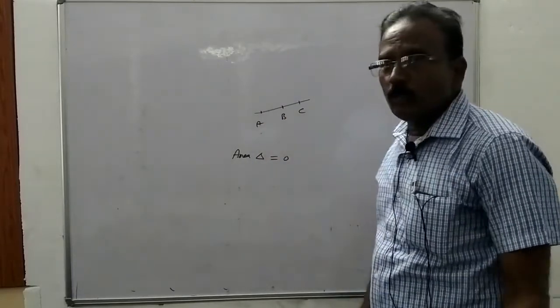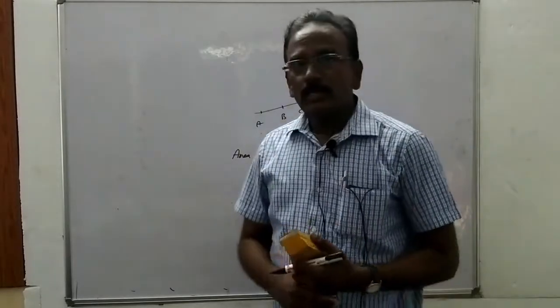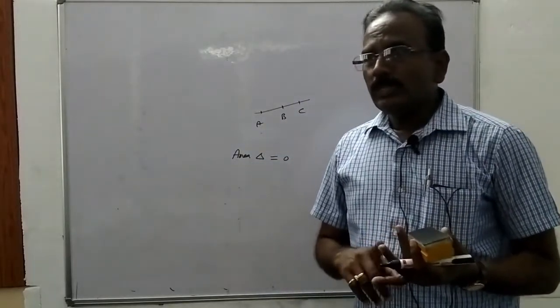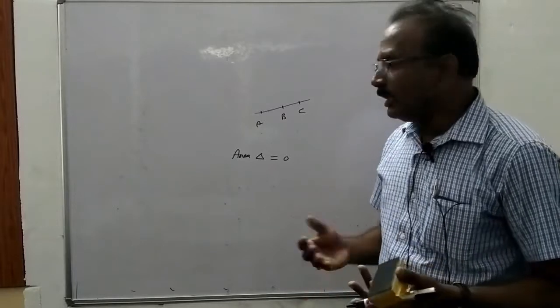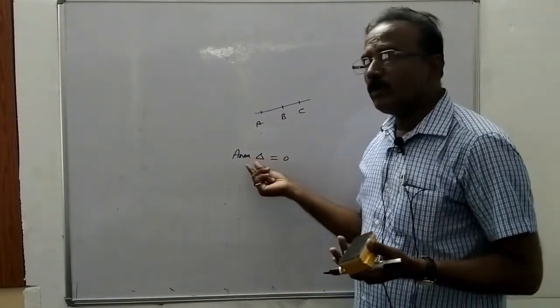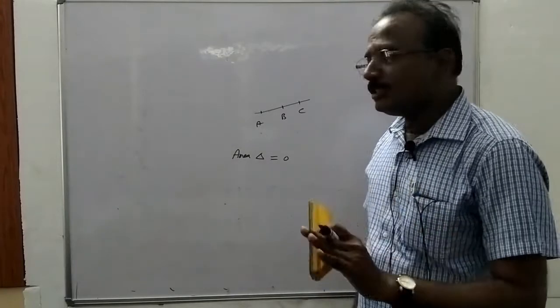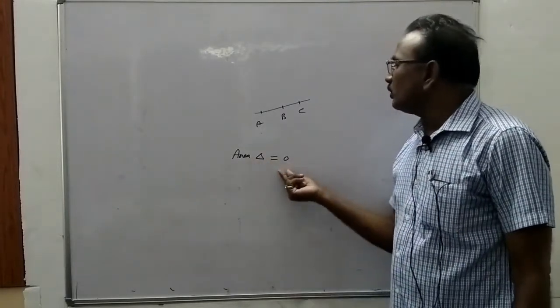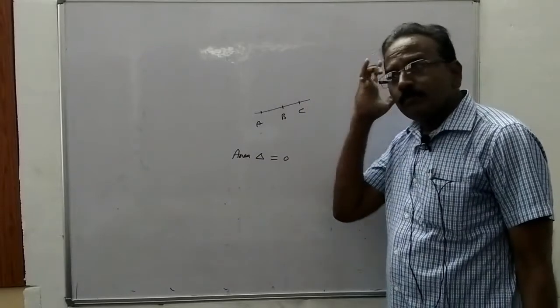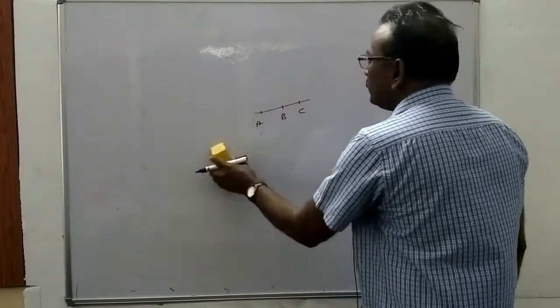Therefore the condition for three points (x1, y1), (x2, y2), (x3, y3) to be collinear is that the determinant of the triangle with these vertices is 0. That means the determinant is 0, so the three points lie on the same line. Therefore they are collinear. That is the condition.